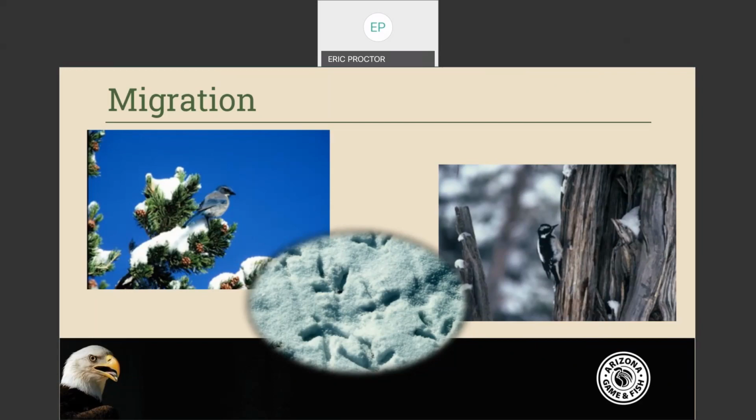Escaping the cold is a motivating factor, but many species, including hummingbirds, can withstand freezing temperatures as long as an adequate supply of food is available. Here you see plenty of images of birds and evidence of birds that can live in the snow. So it's not that there's snow or that it's cold temperatures that are triggering them. The colder snow temperatures may be triggering the food to move on, which then moves them. It's really the food or the resource availability that's pushing the birds on.